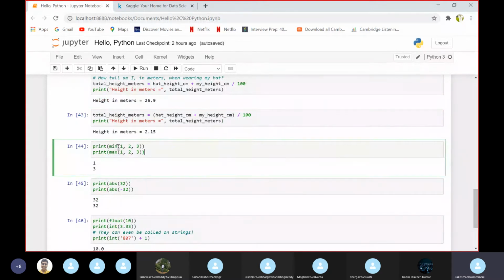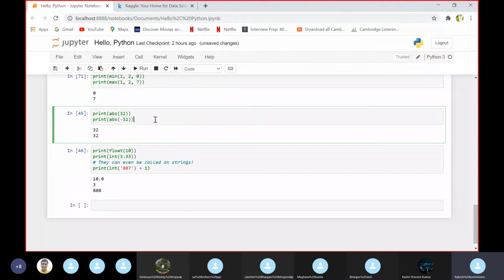So min and max are functions here. They let us know the minimum value and maximum value. You can see the different result here.